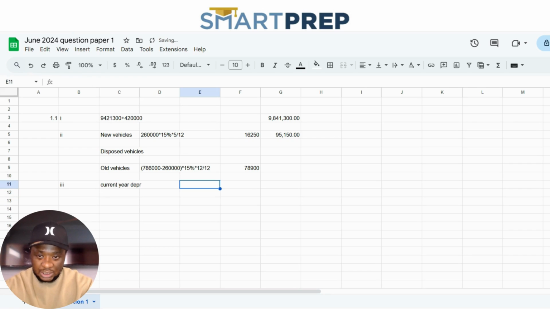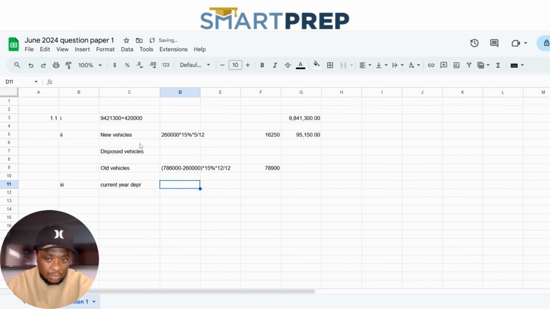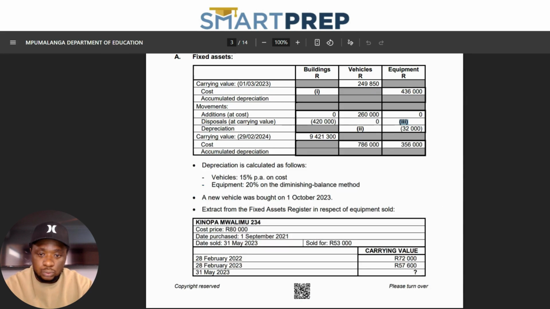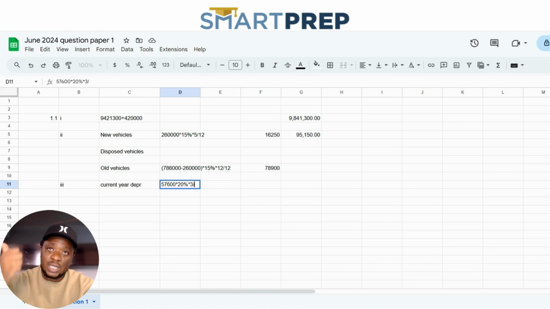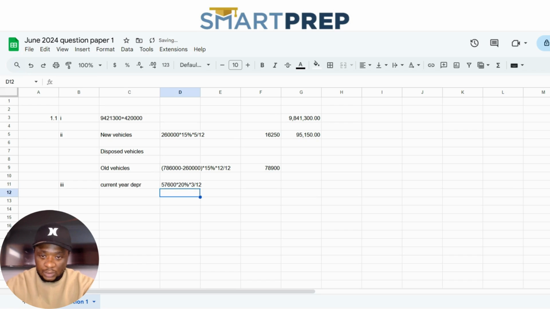So the current year depreciation, which is, by the way, not what we are looking for, but it will assist us in finding what we're looking for, because ultimately we will take that current year depreciation and subtract it from the carrying amount that was existing. So what's the carrying amount? 57,600. So you're going to say 57,600 multiplied by 20%, and then you're going to multiply by 3 months, and those 3 months are March, April, and May. So 3 months of 12, and that's going to give us a depreciation of